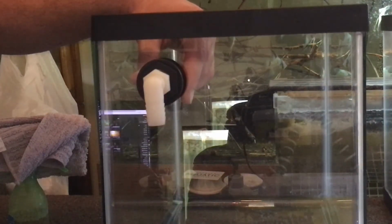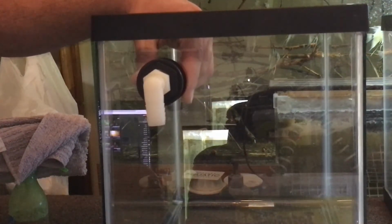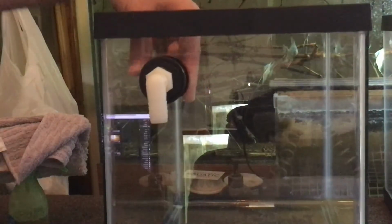glass. So for the first few, until I figure out how I'm going to place them on my rack, I'm going to roll the dice on these. But I used an old aquarium, and you see it's a little dirty,